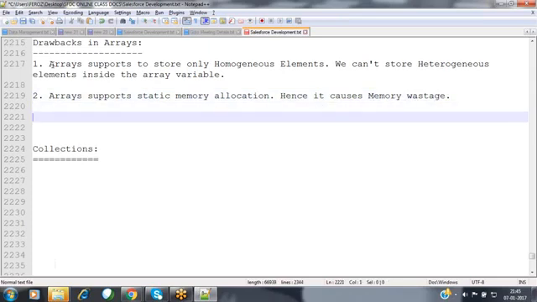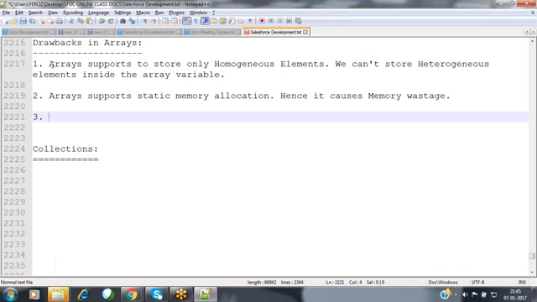It causes memory wastage. And the third point here, when coming to the array, whenever you are going to be defining that array, we have to specify the size over here.